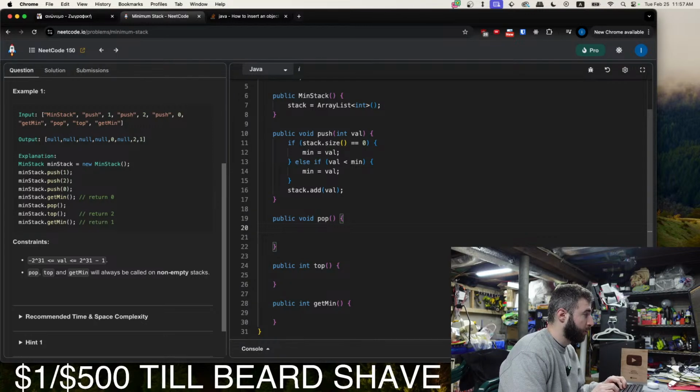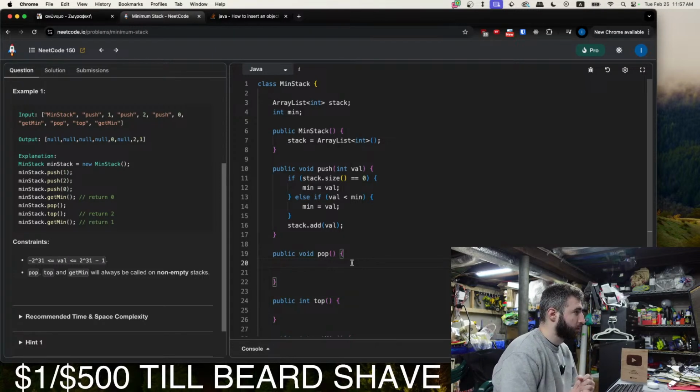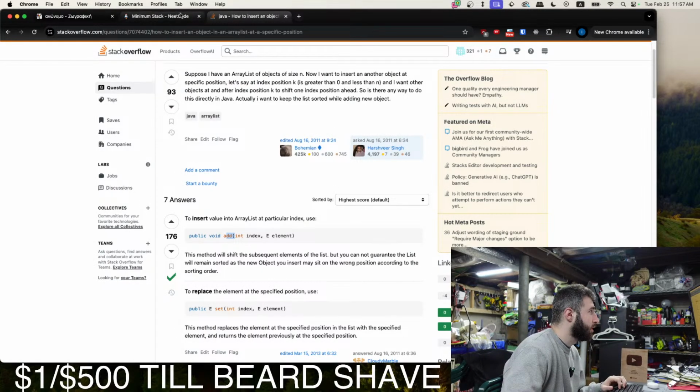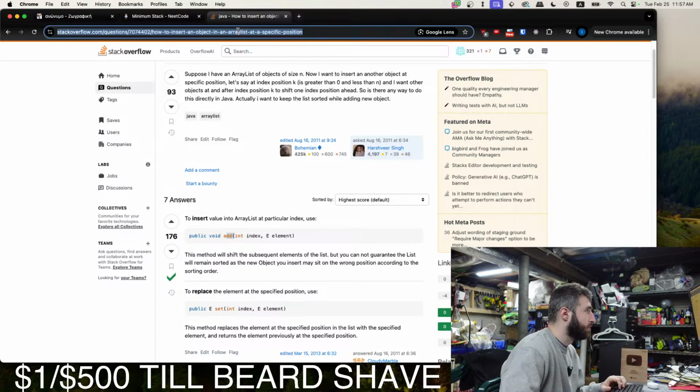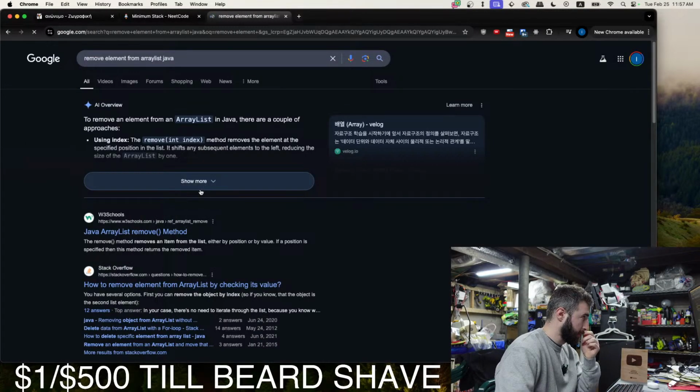All right, pop. Okay, so what do we want for pop? This also doesn't return anything, so it's the C++ implementation of stack. So this just deletes the first element in the list. So what is it? Remove element from ArrayList Java. Is it just .remove?